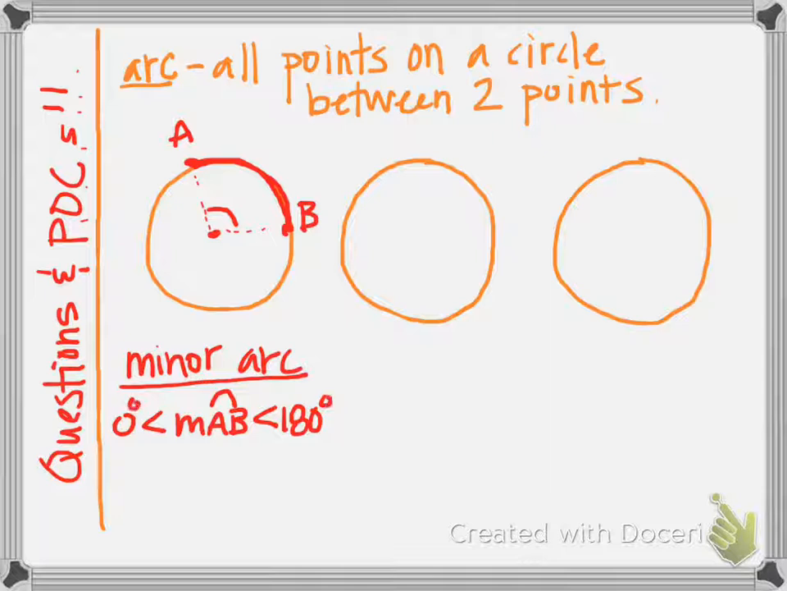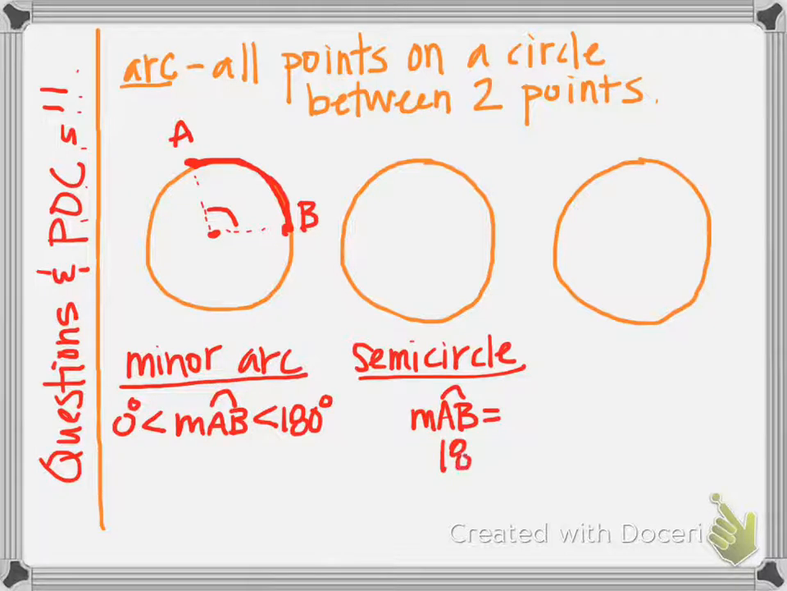Okay, another type of arc we have is called a semicircle, which you probably are familiar with. And a semicircle is an arc that has a measure exactly equal to 180 degrees. So the way that you would draw that,